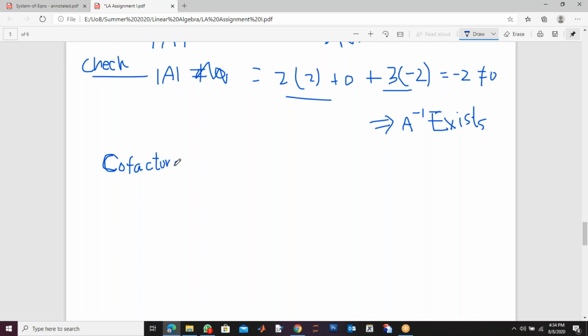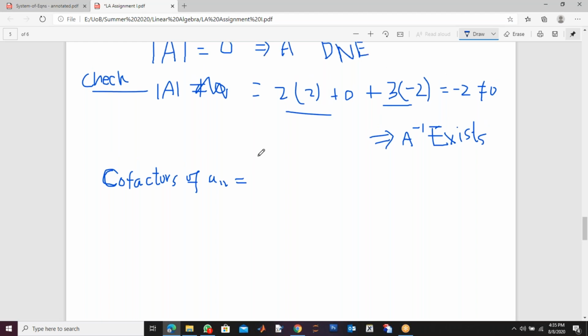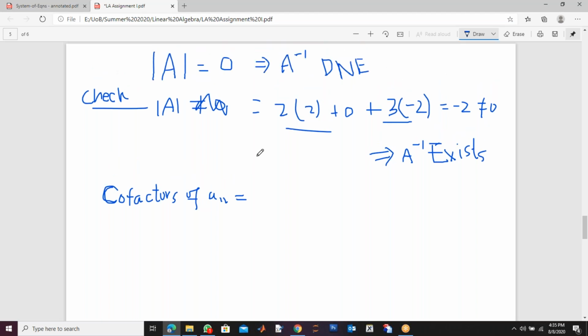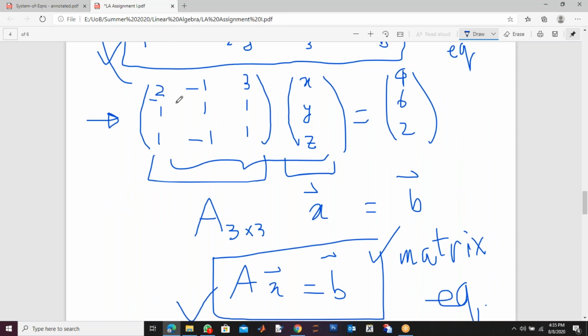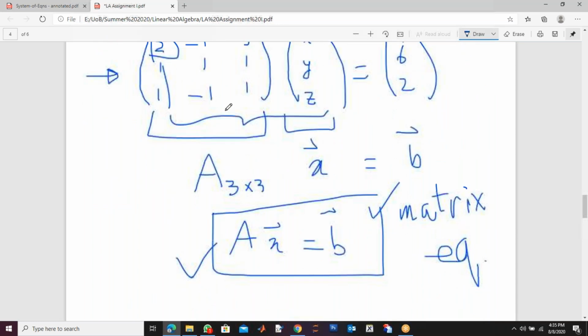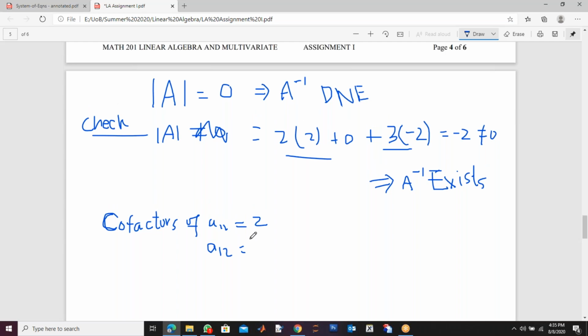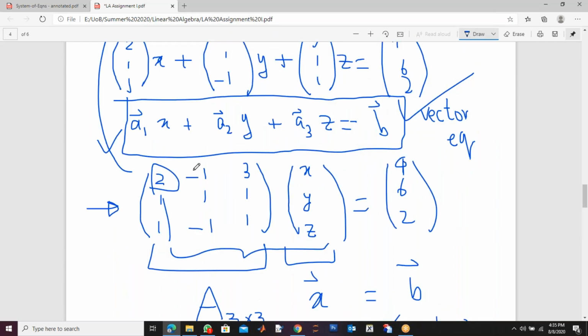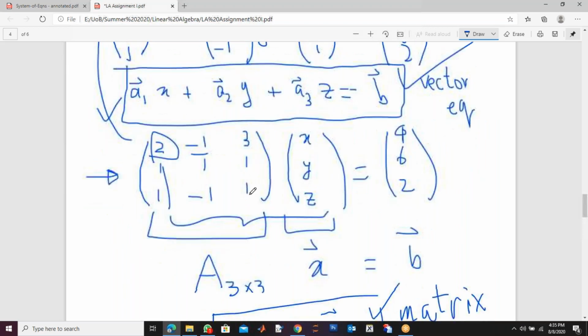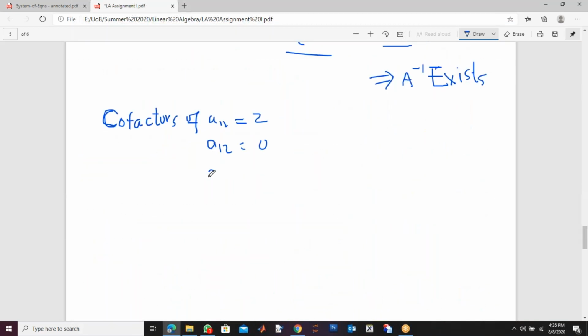Okay, so you can write cofactor of A11, the first entry. Remove this row, this column. So it's 1 into 1, 2, 1 plus 1, 2. So cofactor of this is 2. Similarly, cofactor of A12, I will find 9 cofactors. Cofactor of A12 is this. So remove this row and column. So 1 into 1 minus 1, 0. Cofactor is 0 with a minus sign, but 0 has no minus sign.